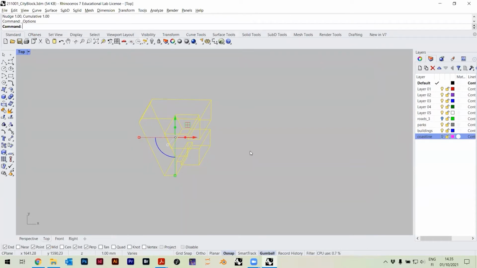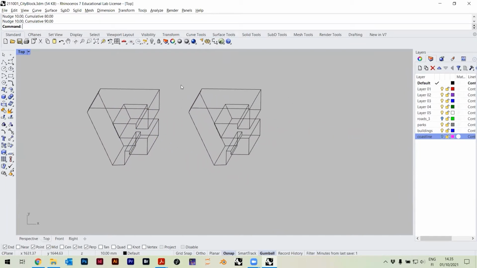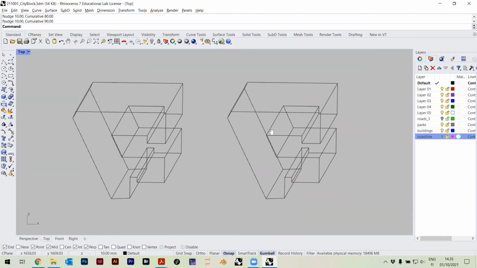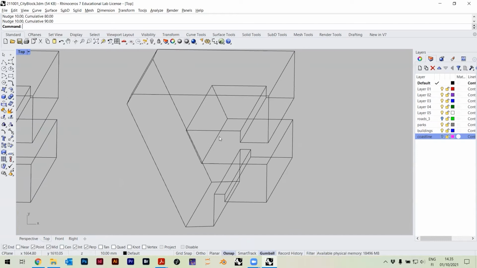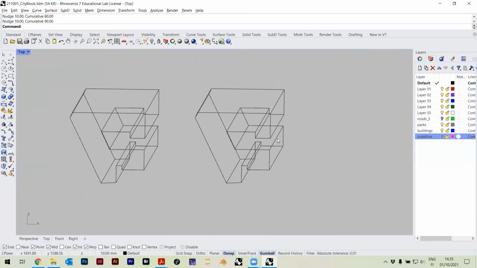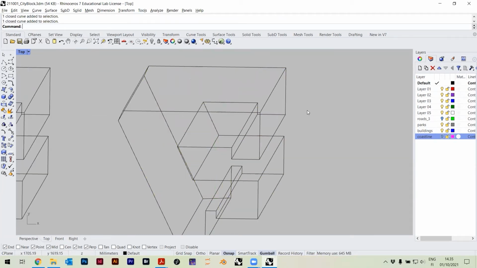Okay, so I can now go with my arrow keys to the right. 1, 2, 3, 4, 5, 6, 7, 8, 9. If I do it like this, I can always go 5 to the right, and I can keep different versions of my building. Of course, now it's a little bit hard to see what's happening because things are overlapping, but this is the bottom one and this is the top one. So I'll just try to